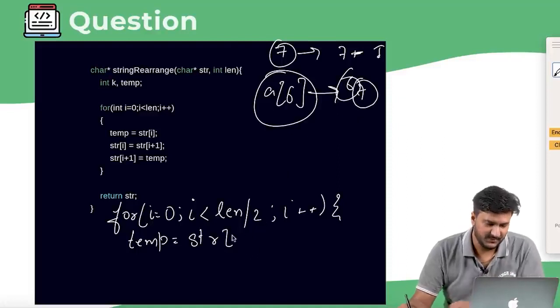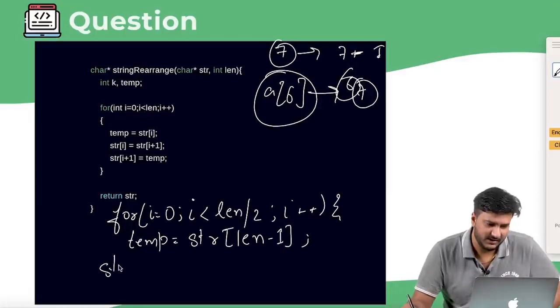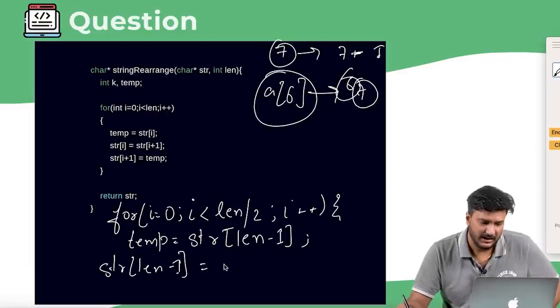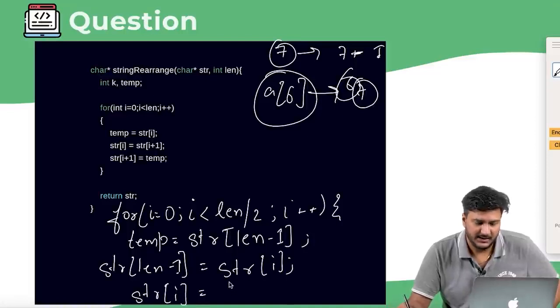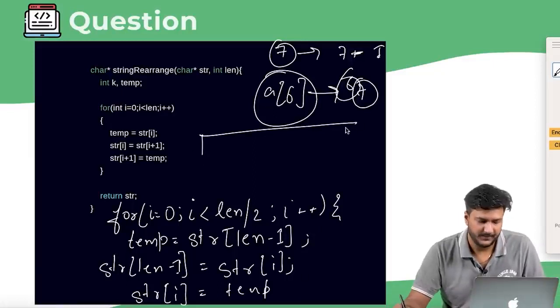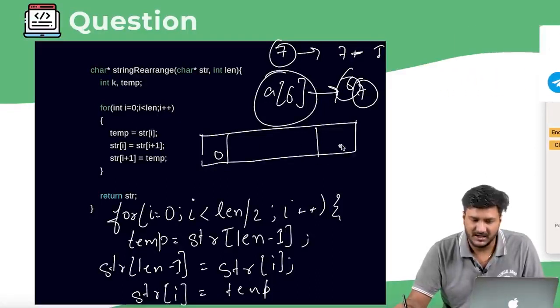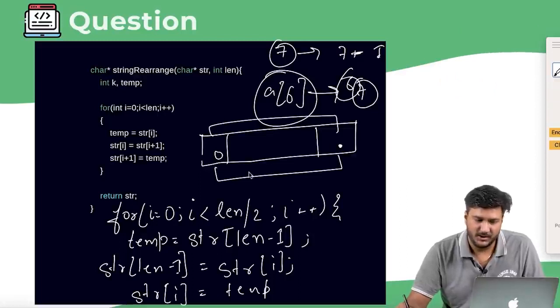Which is why I would write str of len minus 1, and then the same thing, str of len minus 1 is equal to, let's say, str of i, and then finally I would say str of i is equal to temp, right? As you can see very clearly, I am swapping the zeroth index with the last index, and then I keep on doing it. Obviously, I am incrementing the value of i, right?